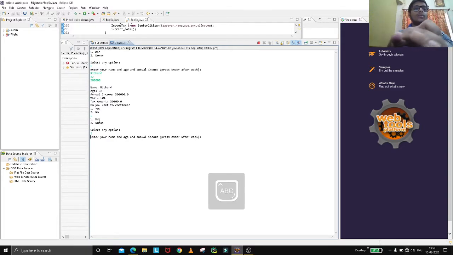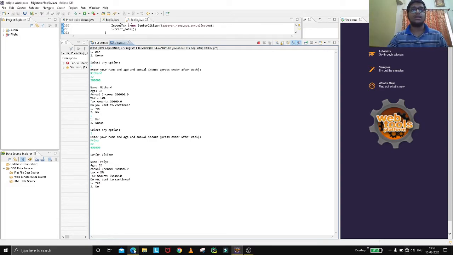So name will be Priya, 62 is the age, and annual income will be 4 lakh. We can see name is Priya, age is 62, annual income 4 lakh, tax is 5% only, and the tax amount is calculated by calculateTax. And do you want to continue?